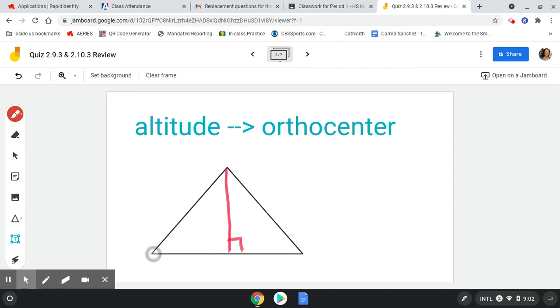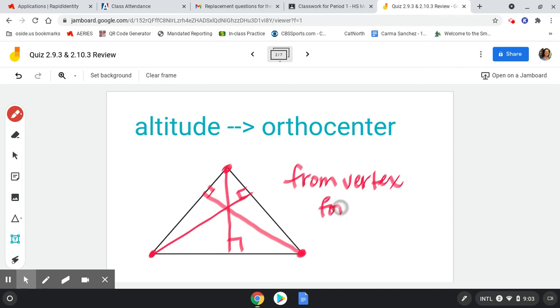So this time, when it's going from the vertex to the opposite side, it's not going to a midpoint, it's just going straight down to wherever it lands. So you're going to notice that this center is offset in most cases. So this still goes from a vertex to the opposite side, but it forms a 90-degree angle. It is not a midpoint